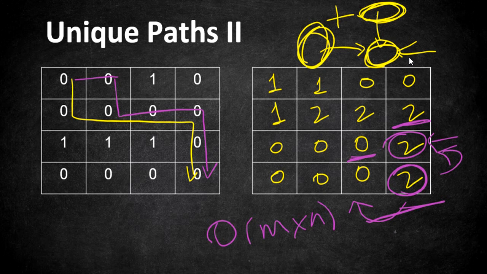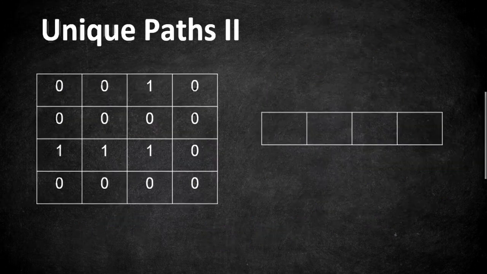By converting it to a 1D array, we can run this in big O of n time complexity. So we clearly know that to compute a particular cell's value, we need only two values, that is our left cell's value and up cell's value, to get our solution. So instead of using a 2D array, we are going to implement the same using a single dimensional DP array, where we are going to make use of the same array twice in order to calculate our solutions.